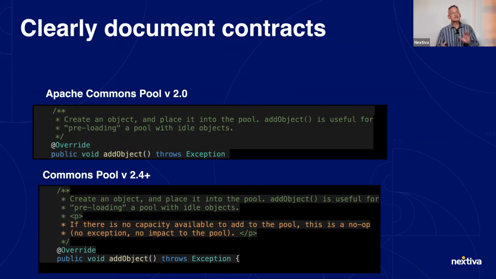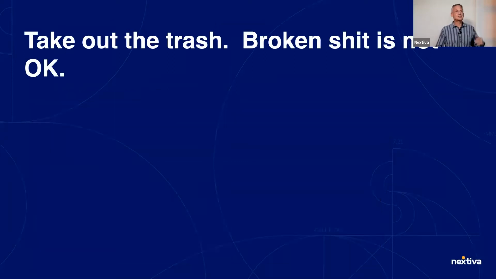Again, these are meant to be super trivial examples, but the basic idea is you need to make the contracts explicit somehow, so that when somebody is making modifications to code, or somebody is using it, they know what it's supposed to do. It's like having job requirements when you get a new job.